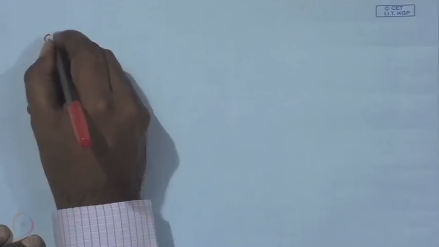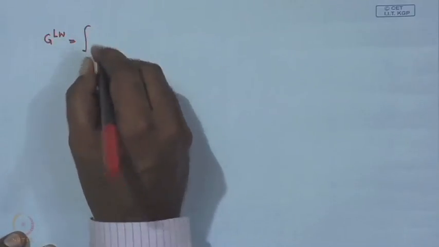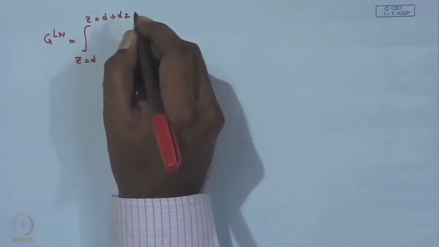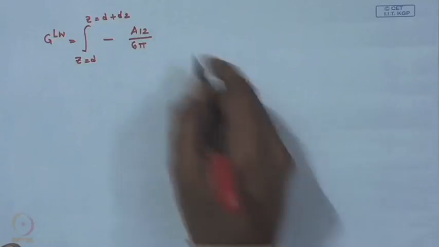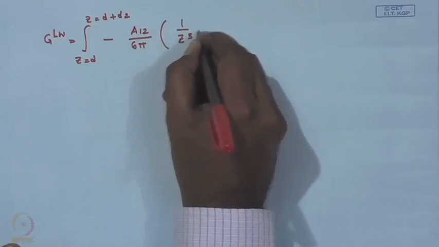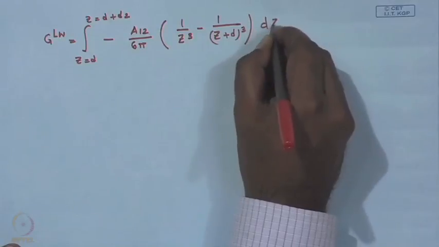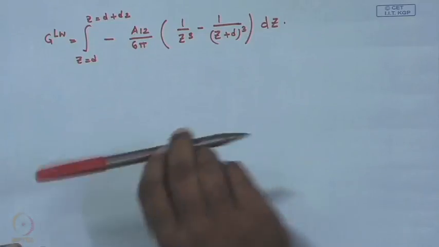Your expression for GLW now reduces to 6 pi into 1 by, and if you now perform the integral, what you will find is that it turns out to be